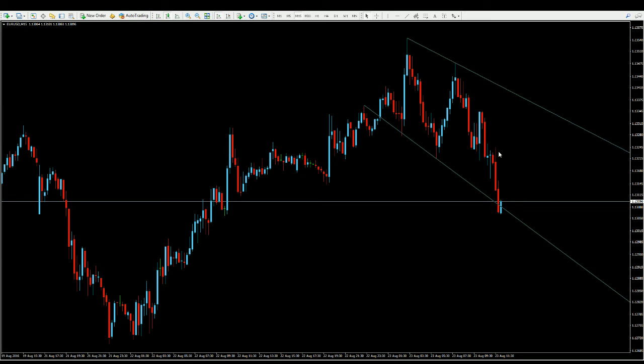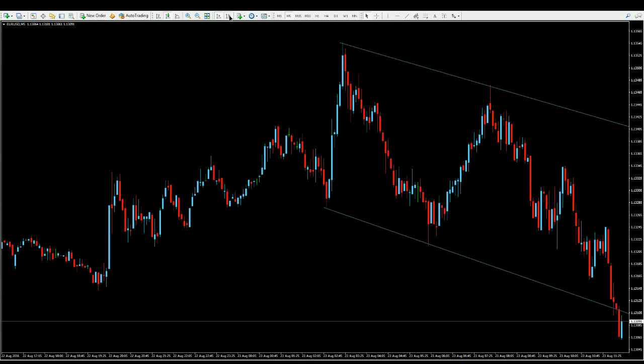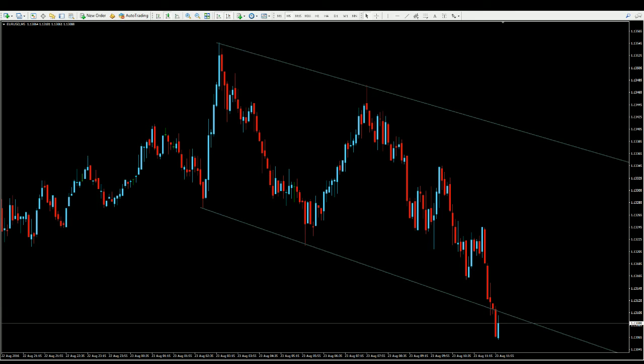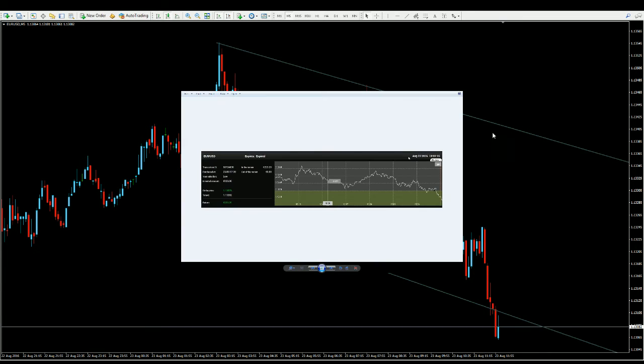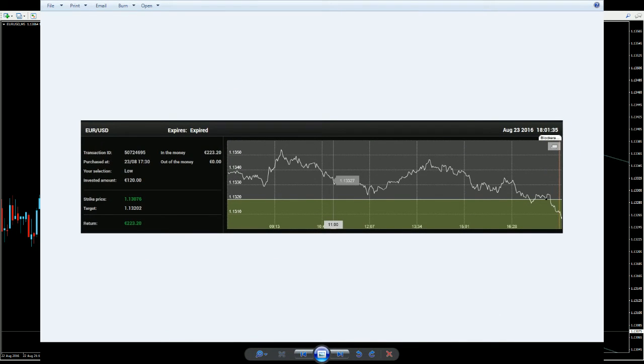Okay, you can see this. In this case, I took a trade. Where did I take this? Let me show you the picture so you know that I actually did take a trade. And there it is. Okay, do you see the trade? You see where it expired, where it opened. I placed it